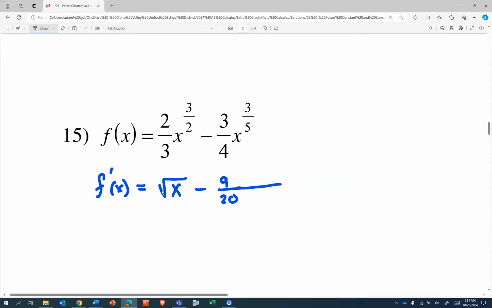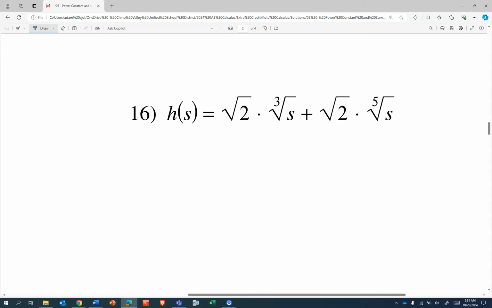And looks like we're going to have some x's in the denominator. 3/5 minus 1 is going to be negative 2/5. And so that's 5th root of x squared down there. Can we keep track of this? Well,